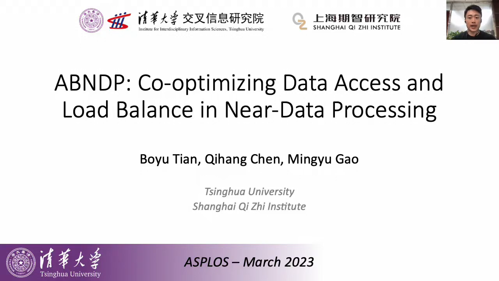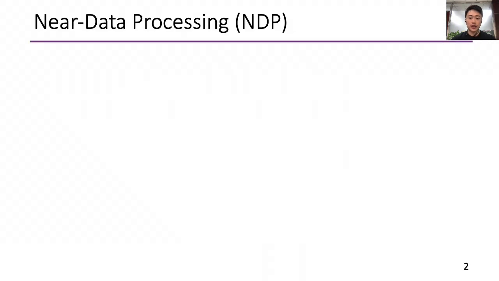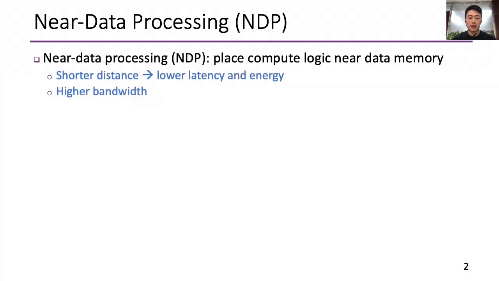Hello everyone, today I'm going to introduce ABNDP, co-optimizing data access and load balance in near data processing. Near data processing is one of the promising paradigms to optimize memory access cost. By moving computing logic near data, memory accesses can be done with lower latency, lower energy consumption, and higher